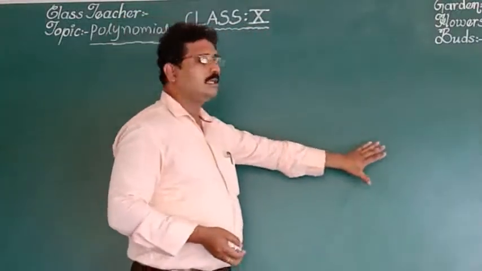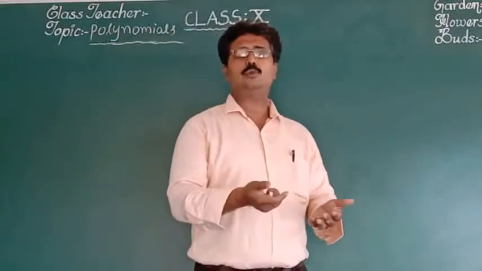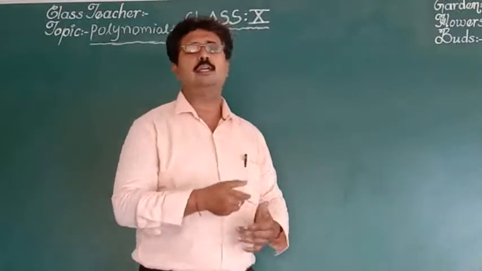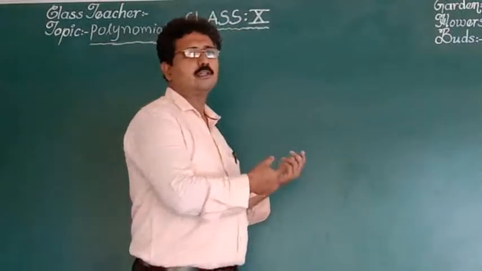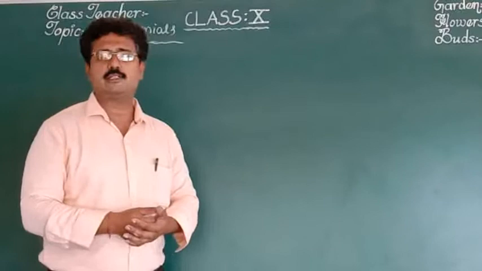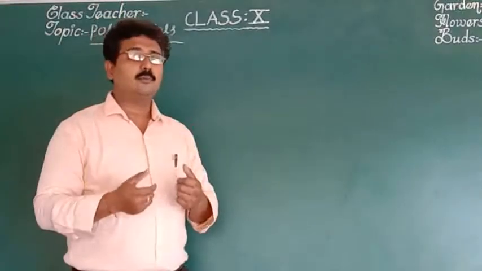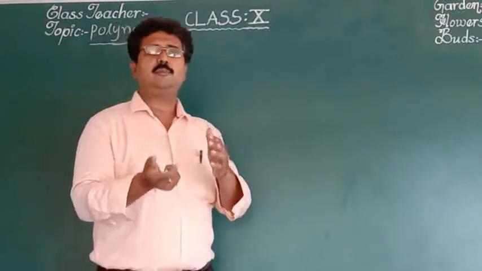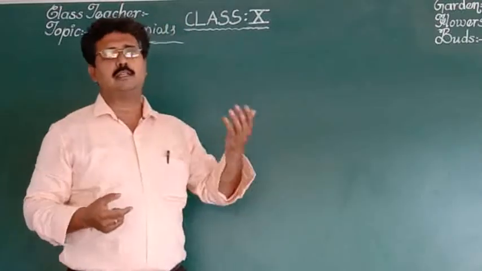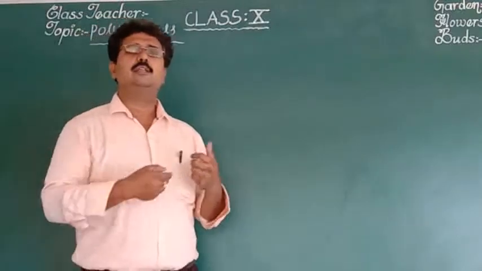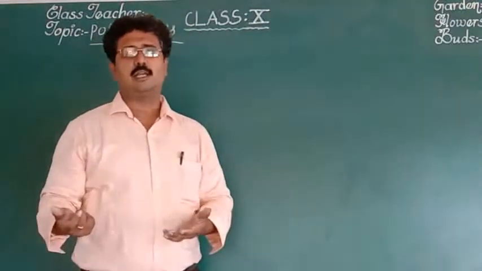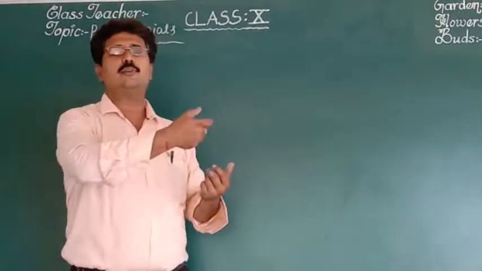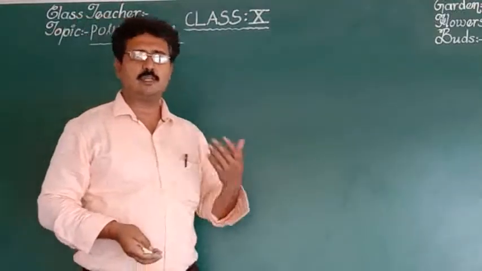We discussed that, given two zeros of a cubic polynomial, how to find the other zeros. That process we already discussed in the previous class. We take the factors, multiply them, and divide the given cubic polynomial by that product so that it becomes a quadratic polynomial. After solving that quadratic polynomial, we will get the zeros. So this is the way to obtain all the zeros of the given polynomial.